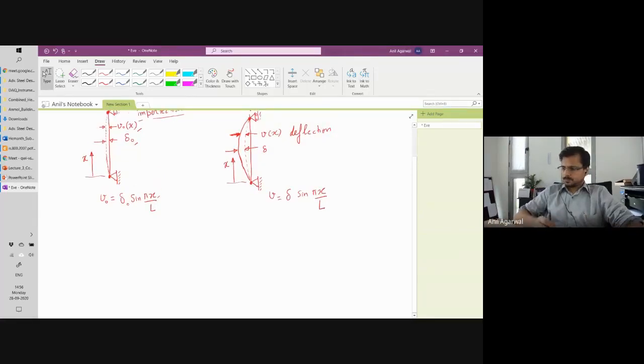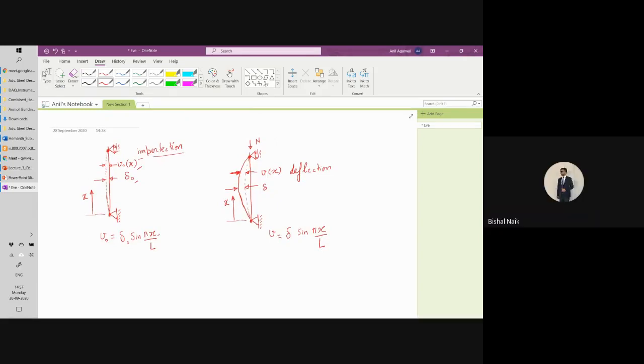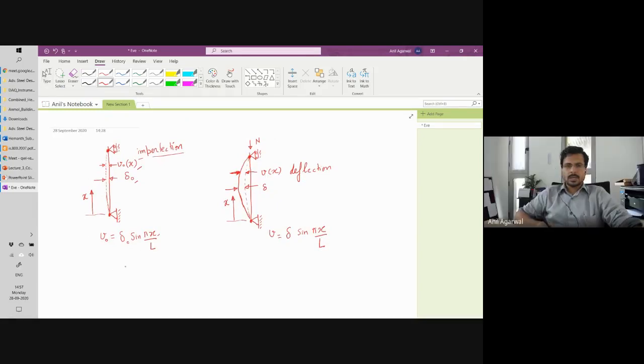Now, you have all solved the equations for the buckling of a straight column, right? In your ASM class, haven't you? You have solved the equations. Like you have drawn the free body diagram of a column buckling. So if the column deflects by delta amount here, then what is the internal moment introduced because of the axial load that is acting, and so on, right? You have done that. Yes, sir.